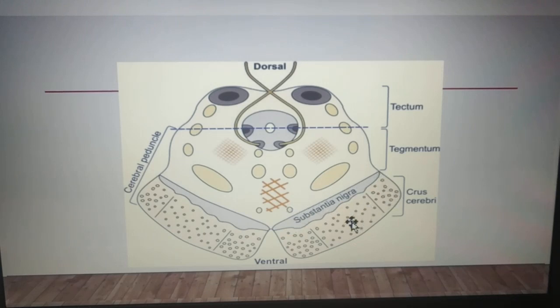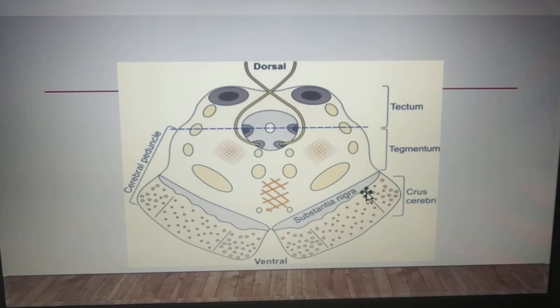Now we will see about the crus cerebri, which has already been discussed. The longitudinal white matter fibers pass via the crus cerebri. It is divided into three regions: medial most, lateral most and the intermediate, or we can take medial 1/6, lateral 1/6 and the middle part. The middle part consists of the corticospinal tract. The medial 1/6 consists of the frontopontine fibers and the lateral 1/6 consists of the temporopontine, parietopontine and the occipitopontine fibers. We have seen about this.